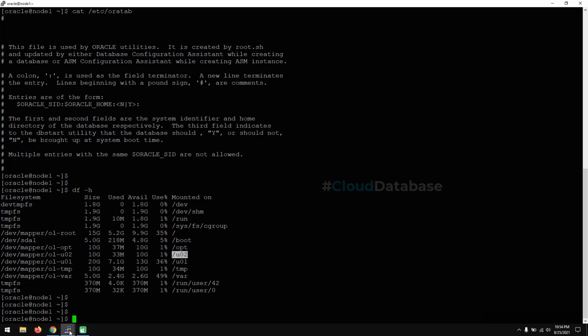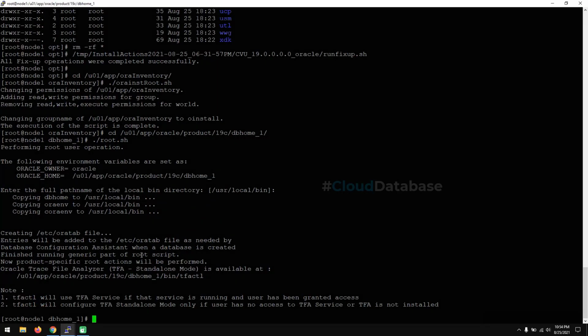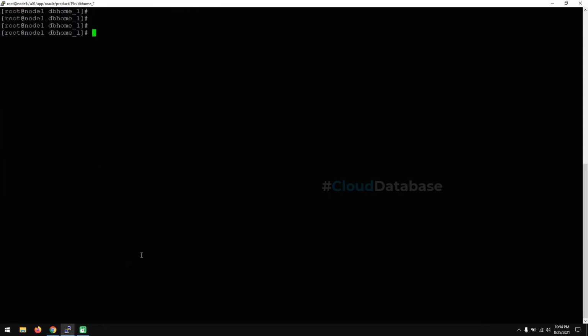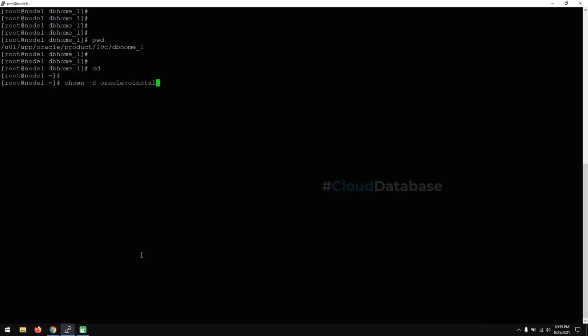First of all I will change the permission. I have a root login. This is my own server. So I'm changing the permission to Oracle on the whole mount point, because I will use the whole mount.